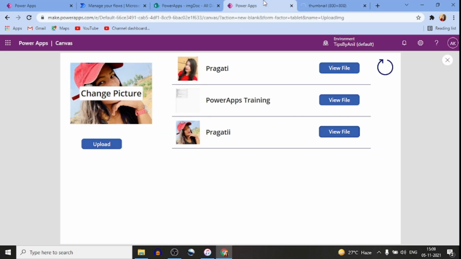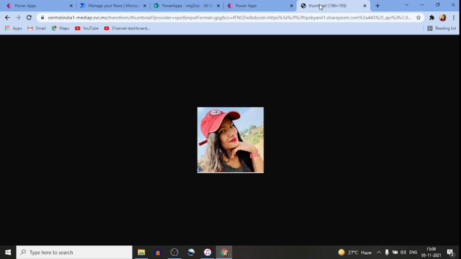Now if you click over here, this will open in large. So I think you can better understand what we did in this video. We have taken an image upload control from Power Apps, and we are binding this file in the gallery. Now if I click on this view file, you can see we are able to view this file.